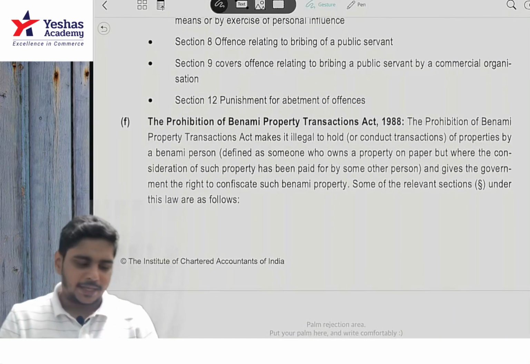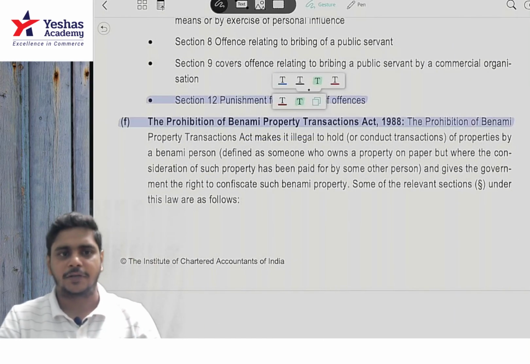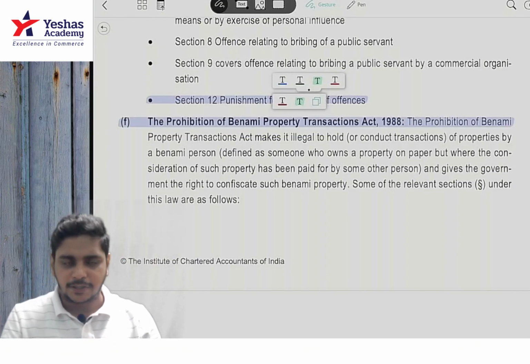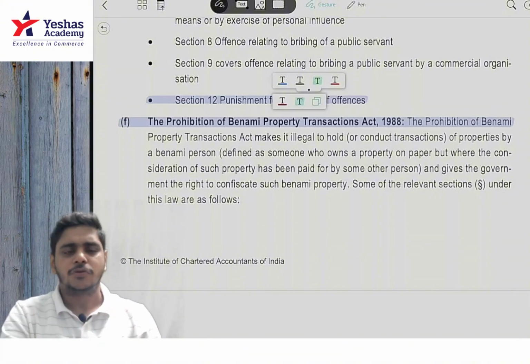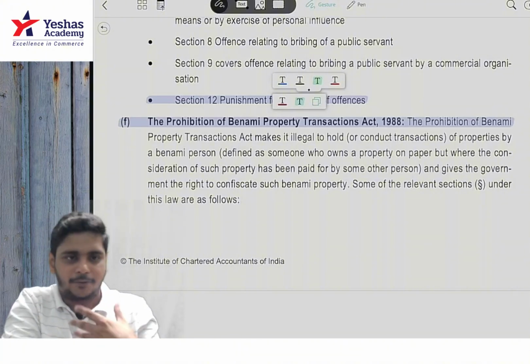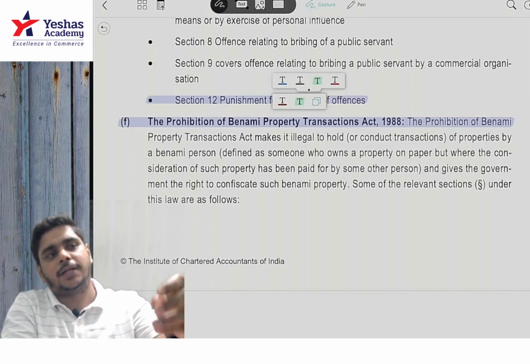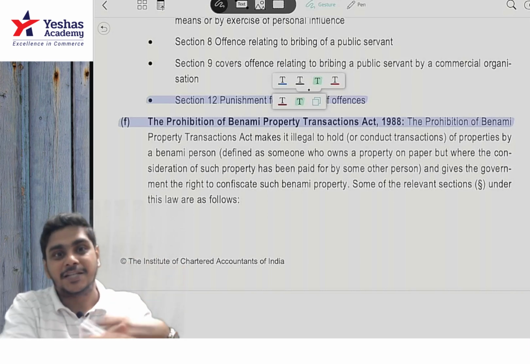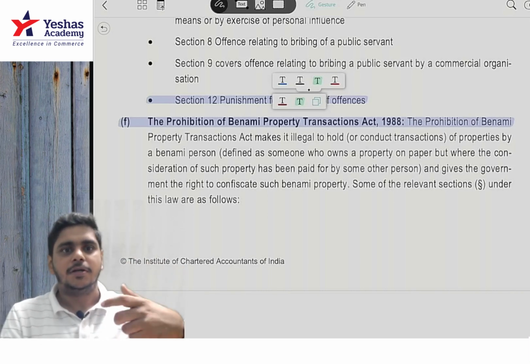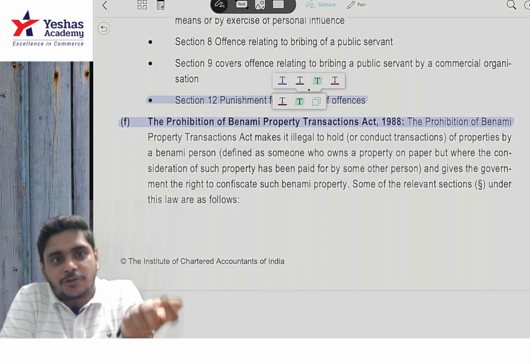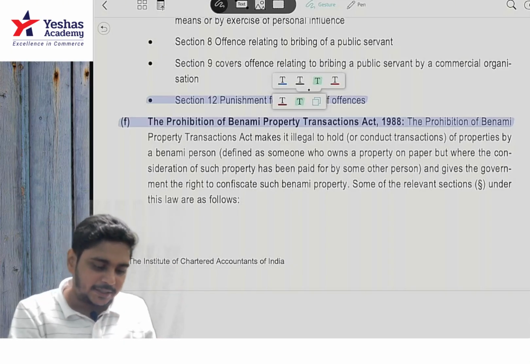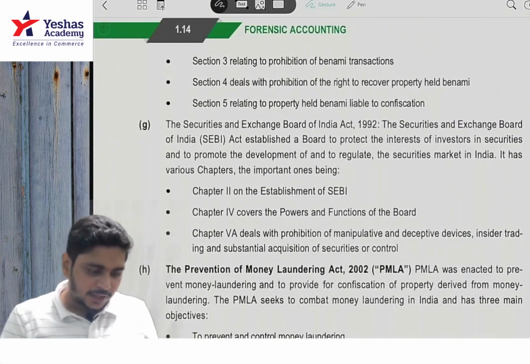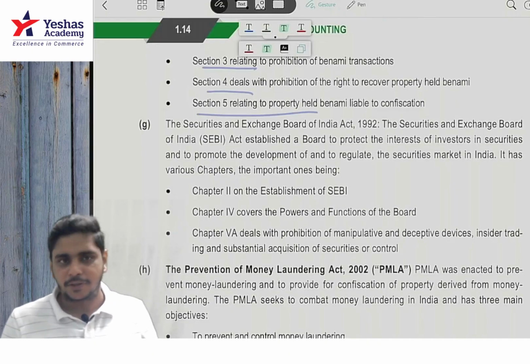Okay. Then the Benami Property Act, this you must have studied in intermediate audit also. When I was teaching you audit, I talked about BPTA, Benami Property Transaction Act, we also call this BTP. Example, I have a lot of money and I bought one property in the name of my maid. Now I gave the money, but the property is in the name of the maid. It's Benami. So she is called the Benamidar, because she is not the actual owner. The actual owner, I am the owner. Okay, Benami Property Act 1988. Okay. They have given some sections, section 3, 4, 5 about the act.